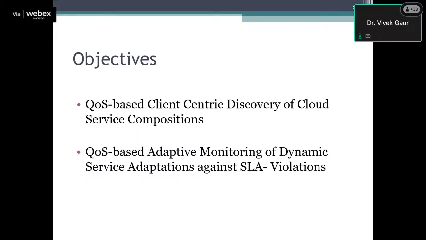So there are two terms that you have studied, you might have gone through so far. Like QoS, that is quality of service. For that we use non-functional parameters: reliability, throughput, etc. Whereas another term, by which we decide whether it is up to the mark or not, is SLA, service level agreement. This is a kind of agreement between both parties, the service provider and the one who is going to avail the services. Something agreed upon: this is what you are going to get and this is what you are going to pay for that. So to keep these things in control,